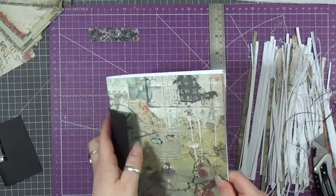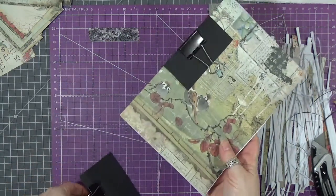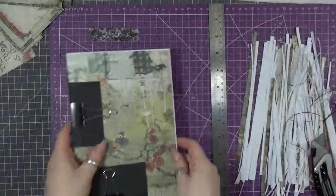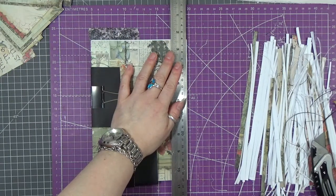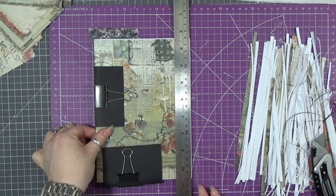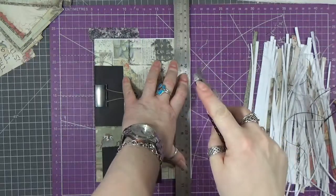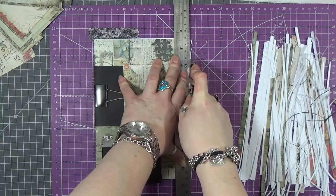Okay, let's try and trim it. We'll see. If it doesn't work, I'm going to have to use the paper trimmer for this one, but we'll give it a go. It's just slightly off, I don't know if you can see. That's the thing, it's only slightly, so I don't really want to cut that if I can help it. Just line that up, so I know that I'm cutting straight, because I have been known to go off just slightly. And if it's not a new blade, it can make you turn it a little bit, and that's not always helpful. So we'll